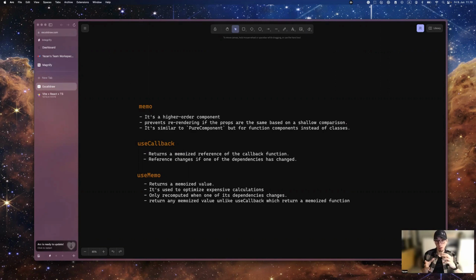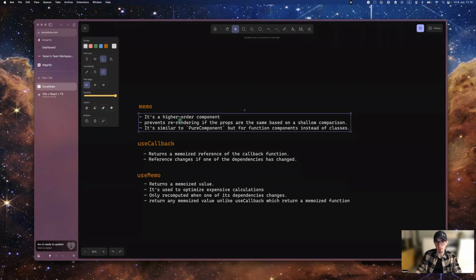When it comes to memo, it's a higher order component, that's one. The idea of it is that it prevents re-rendering if the props are the same. Based on what? On a shallow comparison. Shallow comparison means it only looks at primitives, so if it's the number one, for example, they are the same. Or if it's an object, it just looks at the reference, whether the reference is actually the same. The component doesn't necessarily look into what the object includes,